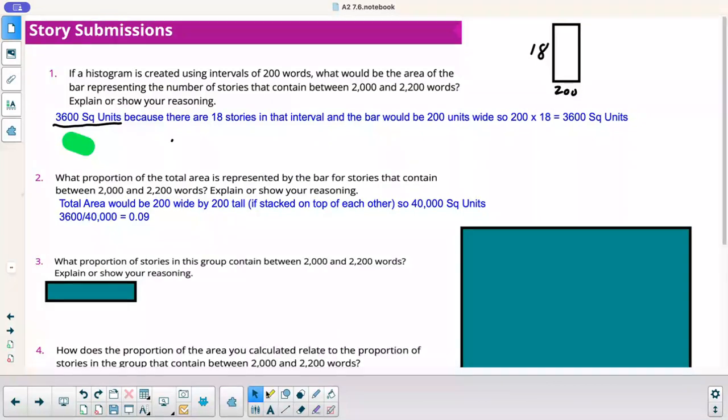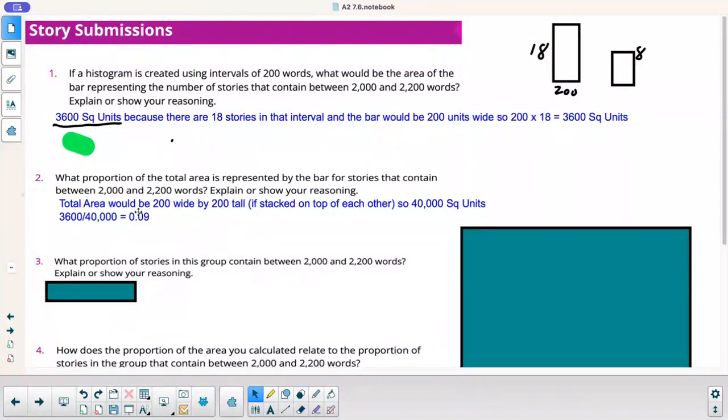Because basically you'd have a bunch of other bars. Here is what would happen. You'd have another bar right next to it. Let's say this one only goes up to 8, okay? Well, if I took all the bars and stacked them on top of each other, they're going to have a width of 200, and the height is going to stack up to 200, because this one was 8, and then we'll do more and more of those bars of different